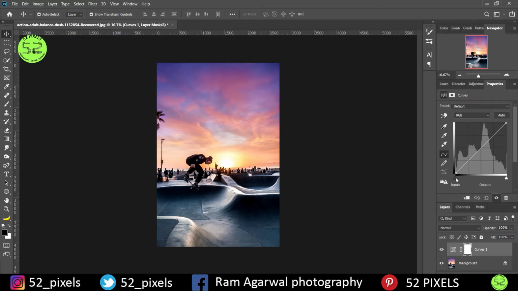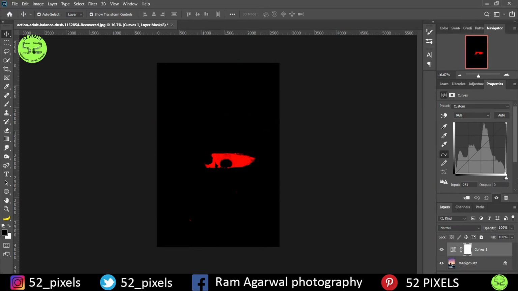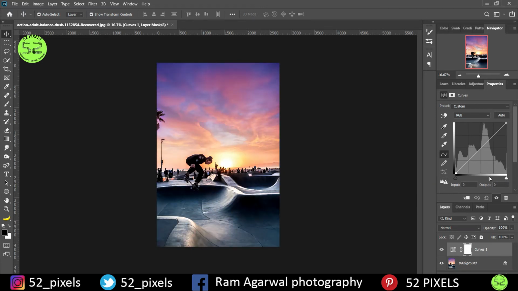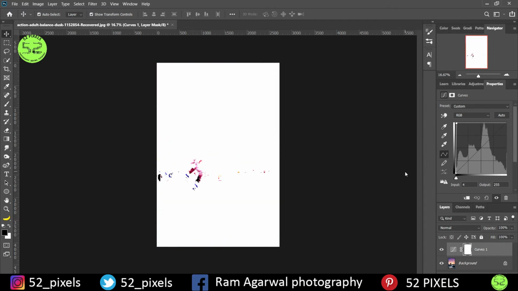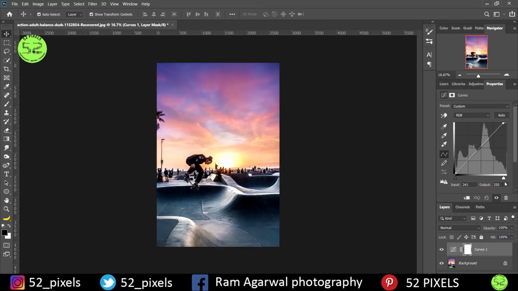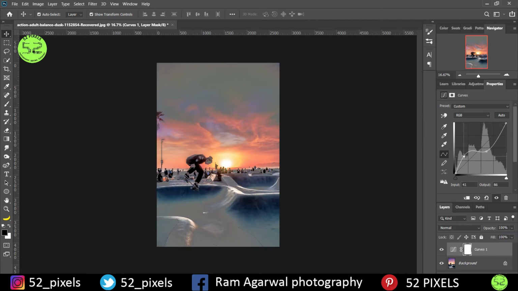If you want the image to be more of a darker shade, you can just slide this one, and as you can see the image is becoming darker and darker until it's almost completely black. Same way with white. If I want my image to become a little brighter, I can just drag this one towards the left, and as you can see my image is completely bright now. It's basically completely white. So it's totally up to you what you want to do with the image, but again, working with these curves like this and adjusting the overall color is just a lot of hard work.